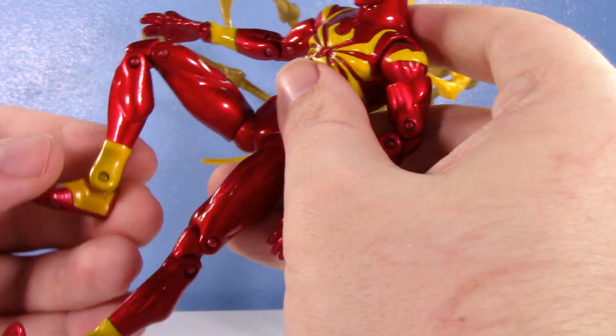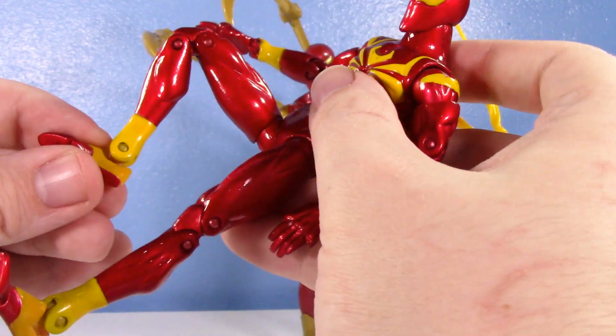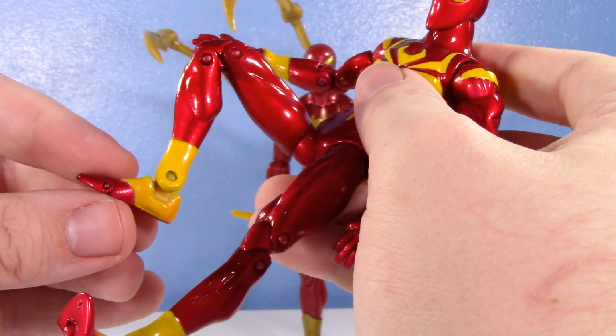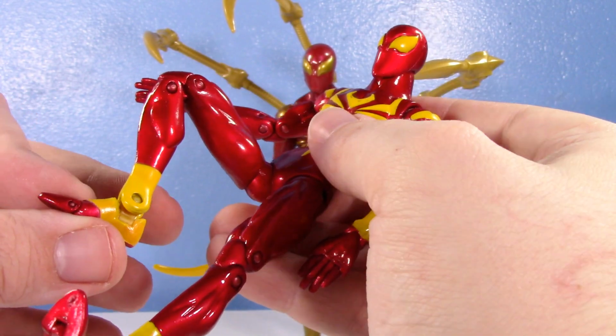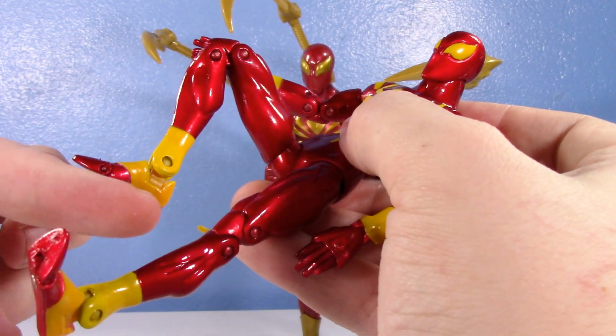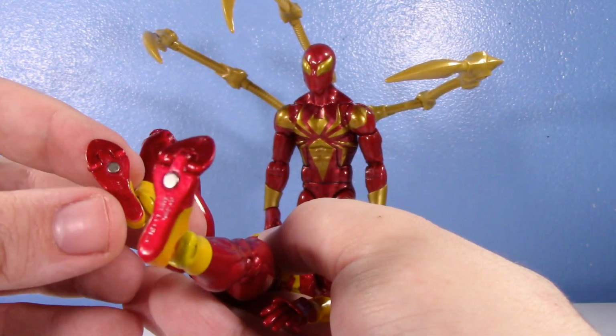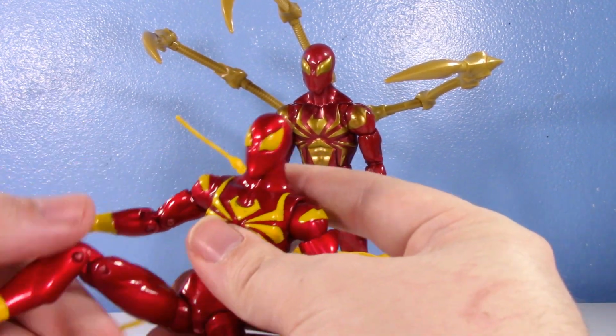You'd have a knee bend, and again, no ankle swivel, but you do have an up and down at the ankle, and you have the kind of awkward, I've always thought of it as a pin roller ankle pivot, because you can see it's almost like this circular piece that's kind of wedged into the foot, and you have a toe joint. You also have magnets at the bottom of the feet, which are kind of cool,